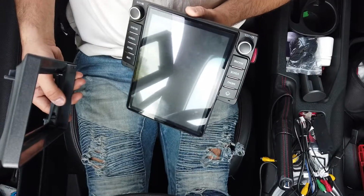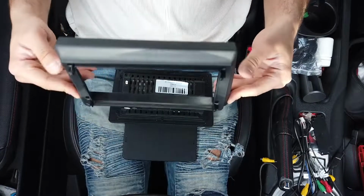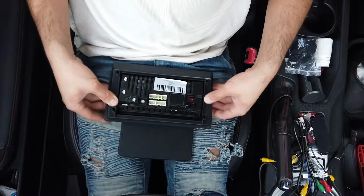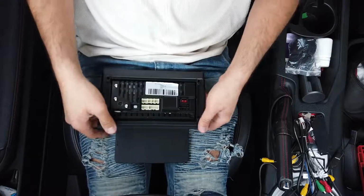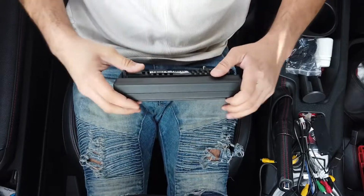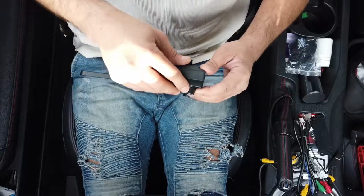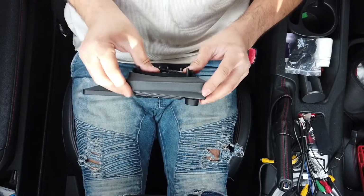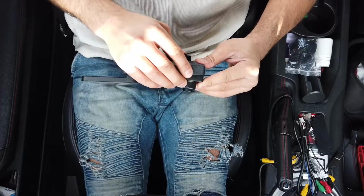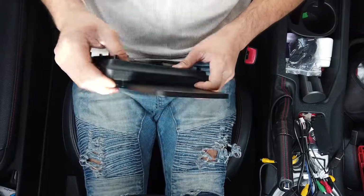Okay, so this is the Tesla unit here. We do need to put it up on the frames, so Nifty City sent this framing that you need to attach to the actual unit. What we need to do is press it into the Tesla unit. So if you work your way around, you'll be able to squeeze this framing onto the actual Tesla unit. The reason it's tough is because it's new plastic, and we want to make it as tight as possible. Working your way around and giving it a bit of a stretch,